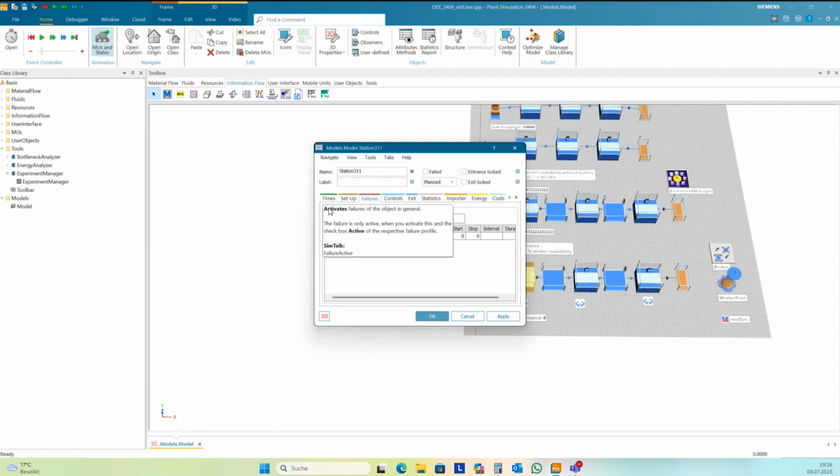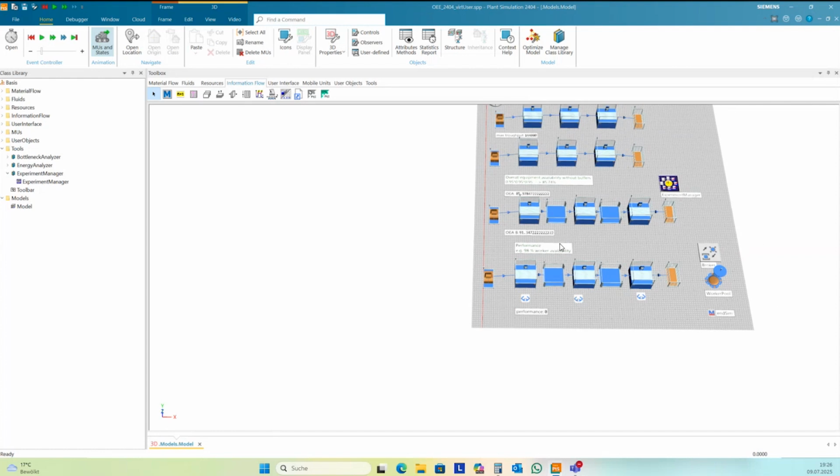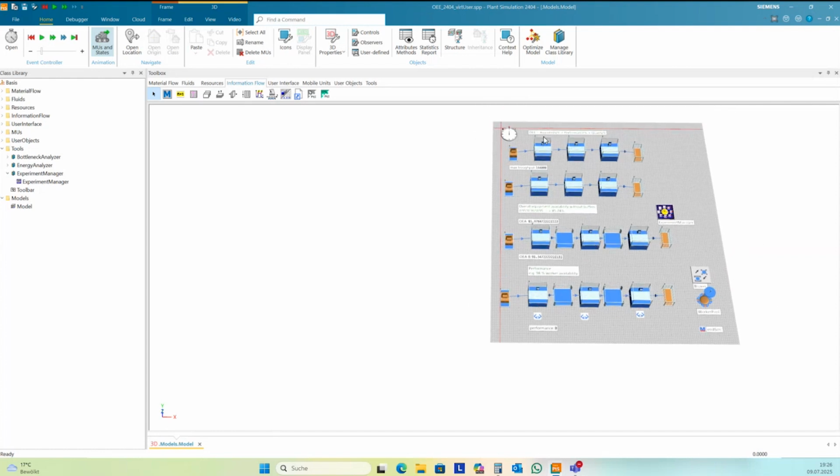It's a failure active attribute, and so you can make a list with all the stations and set the failure active attribute to true or false, so you can switch off and switch on the failures quite easily, if you want to have all these 3 elements separated here for the OEE calculation.